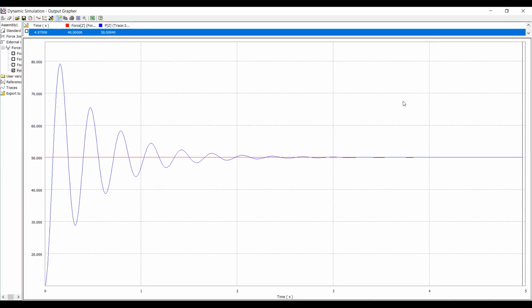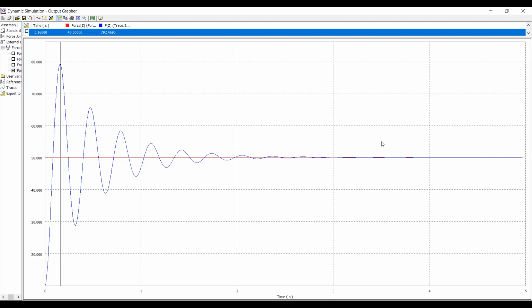So from this graph, we can find out its peak overshoot and the corresponding time. So you can observe here, at this point the time value is 0.16 second. Okay, and the corresponding z value, that is its displacement, is equal to 79.14. Okay, but actually this graph is starting from 10 mm. So we will consider 10 as 0. So we have to subtract from 79, so it will become 69.14.